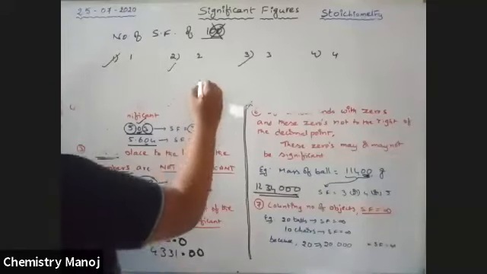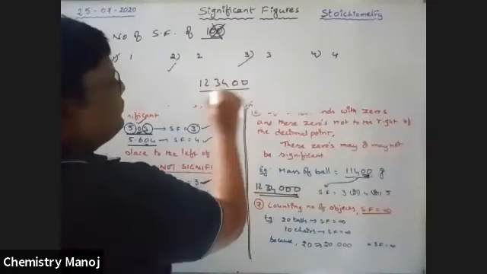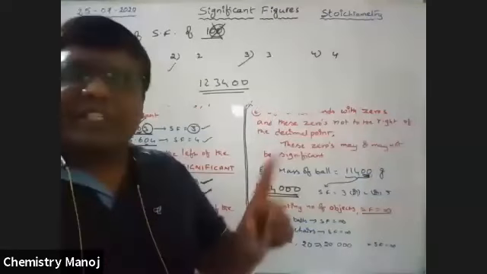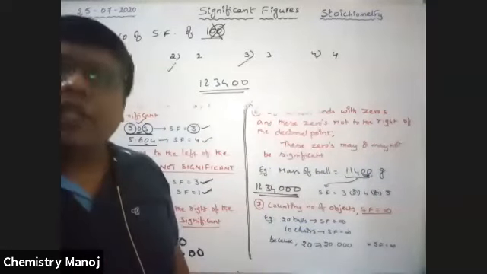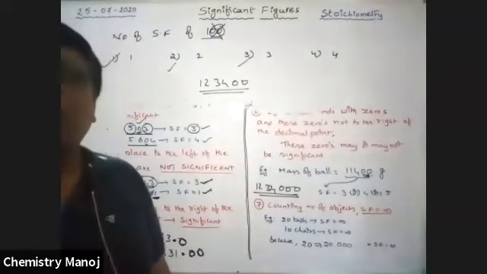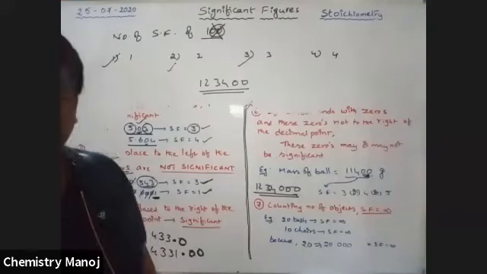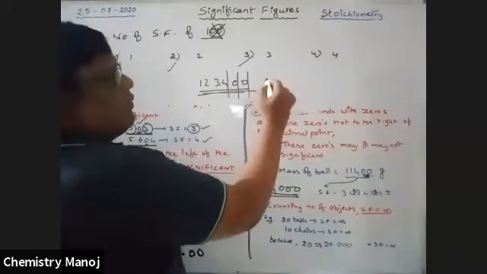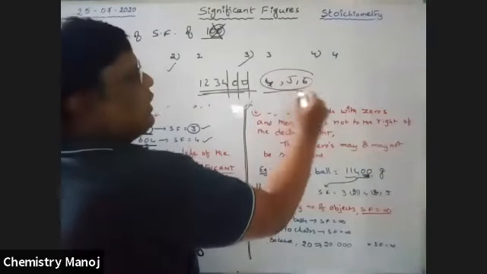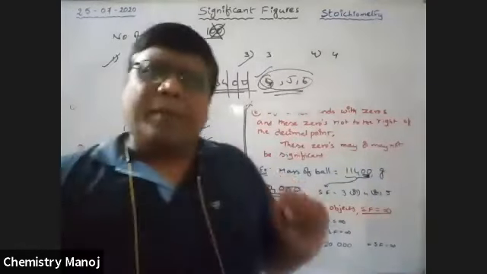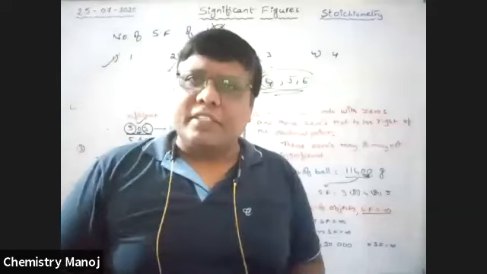Now, 1, 2, 3, 4, 0. Okay. So if single correct option, how much is the answer? More than one correct option, how much is the answer? Yes, 4, 5, 6. All these three are accepted. For single correct option, this is the correct one. Okay. So please keep in mind, these are the identification of significant figures.